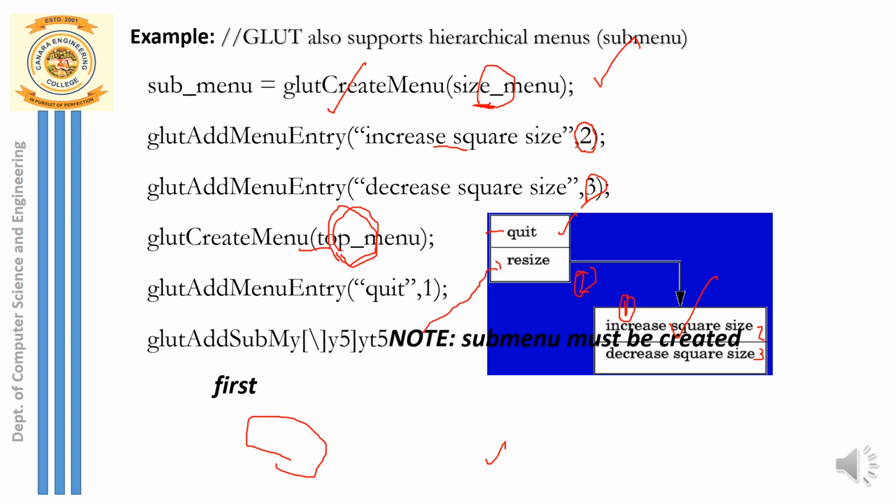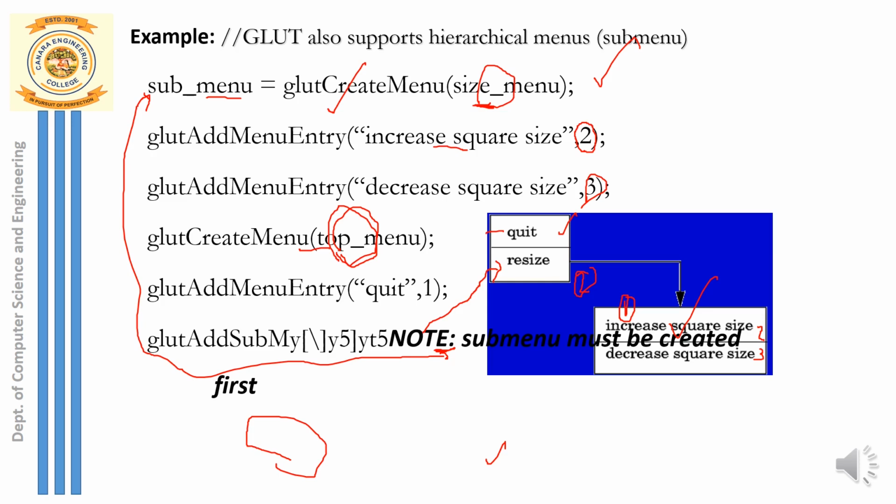here for this main menu is resize, and the moment you click on this resize, you should be redirected to the submenu. What is this submenu? The submenu is nothing but the ID of the submenu that you created in the first statement. The first statement creates the submenu. The moment you create it, an ID is returned. That ID corresponds to the submenu, and it is stored in this variable. So this submenu ID you use here for the resize option. Why? Because the moment you click on this, it should be redirected to your new submenu.